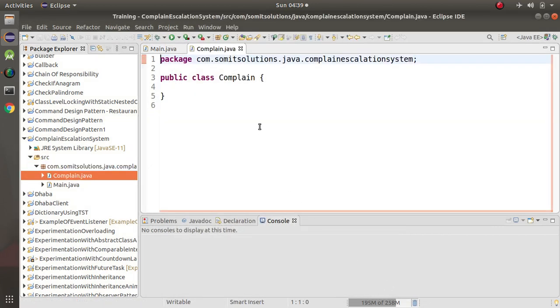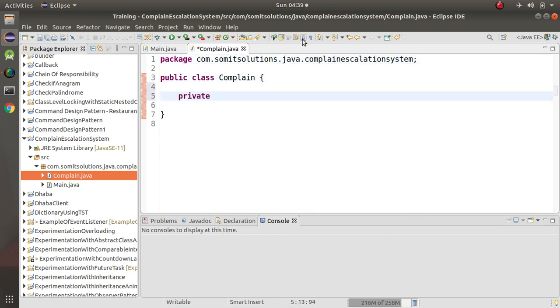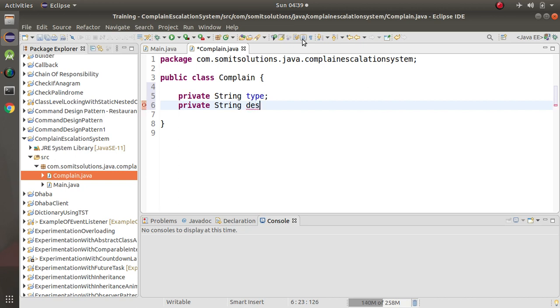Let's define a class called Complaint, and then we will have a private string type. So the type of the complaint, for example, it may be technical, it may be financial. We are considering here only the technical kind of complaint. Then we have a private string description of the complaint,